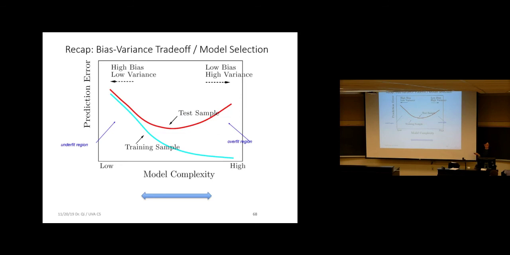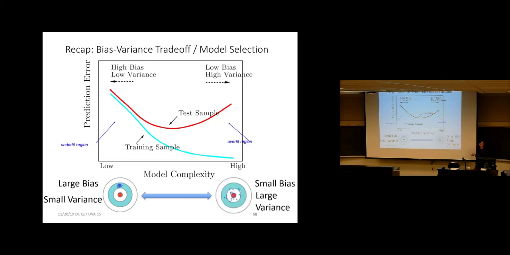And our famous figure. The left side is high bias, low variance. So it's very, very stable, but it's very off. It's very off from the truth. And then this is very unstable, it's all over the place, but the mean is very close to the truth. So from the high bias model to the low bias model, what you always need to figure out is